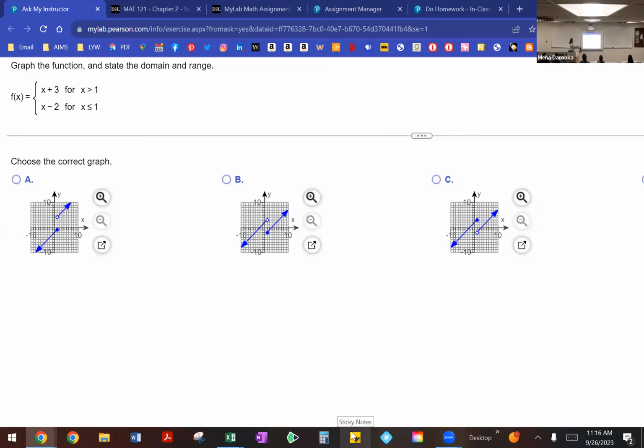Okay, so x plus 3 for the domain of x greater than 1. So all the x values that will be larger than 1 will be using that function x plus 3. The second piece says x minus 2 for all x values that are equal to or less than 1. So basically the idea is if we are looking on our number line,